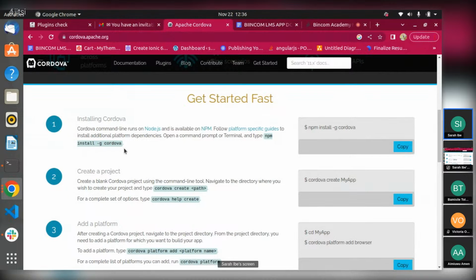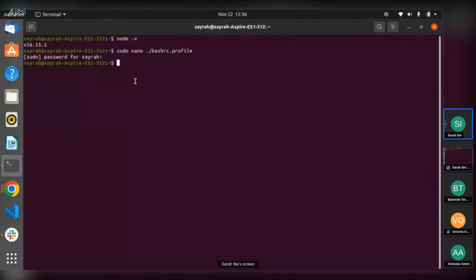That is the meaning of this g, globally. I would not be doing that, because I already have Cordova on my system. But how do I know if I have Cordova on my system? By checking the version of Cordova, to be sure I have it.